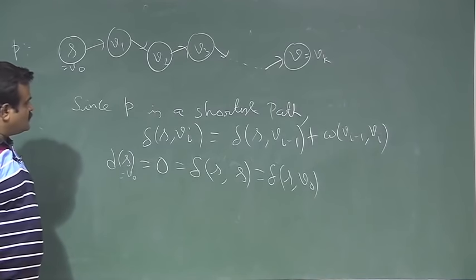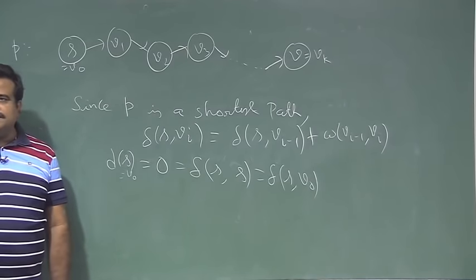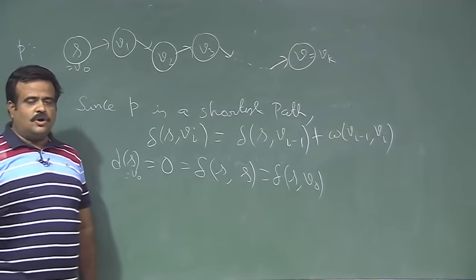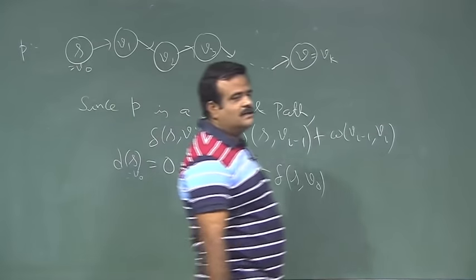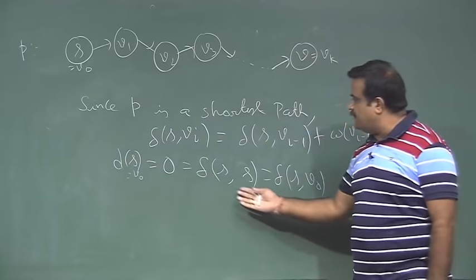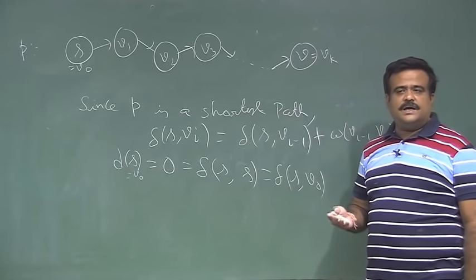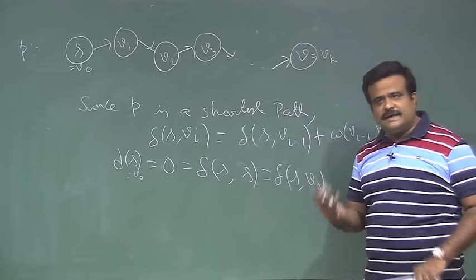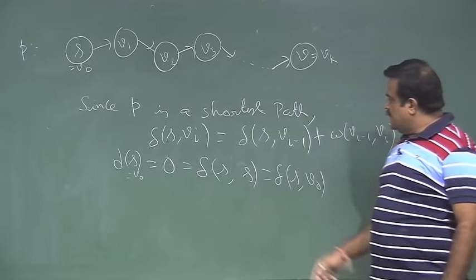Because why is this true? Because there is no negative cycle. So, what is the shortest path weight from S to S? If there is no negative cycle, then the shortest path from S to S is the best thing we can do, we remain at S. So, that is basically